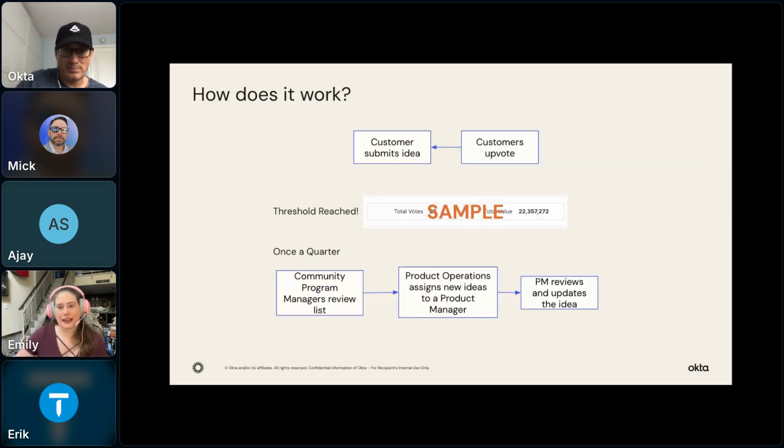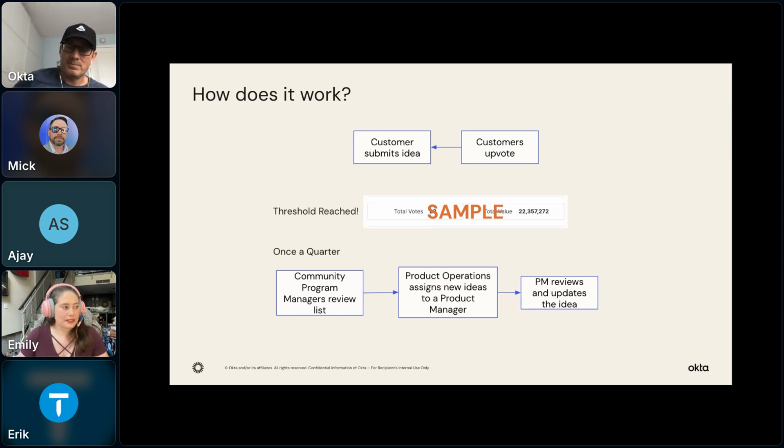So let's take a quick peek at the process, because I thought it might be helpful to see some of the background for what happens. When an idea is submitted, it gets voted on. So tell your friends you submit something. I've seen Max say a lot of times in different Slack channels, like, please upvote different ideas or different suggestions. And that really gets us to that threshold when we start to review the ideas once a quarter.